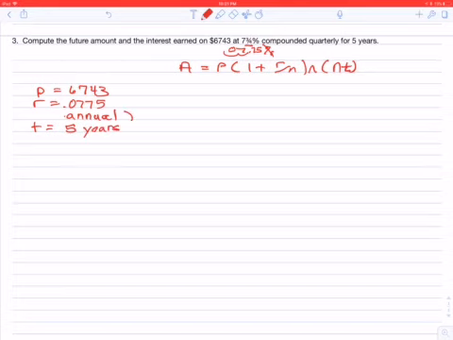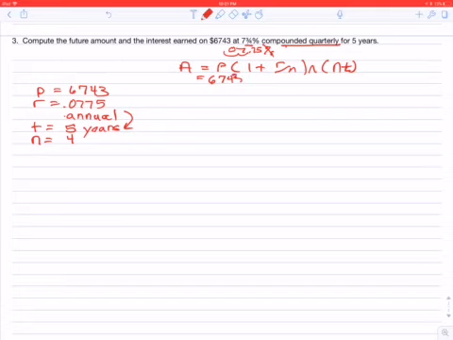Since it's an annual rate, I need the time in years. It is. Now N, that's the number of compounding periods per year. So if they're compounding it quarterly, that means 4 times a year. See, every 3 months they calculate the interest and add it on. So if I plug this in, that's